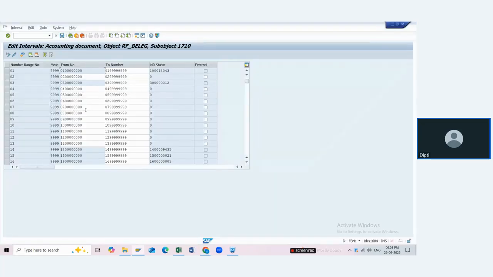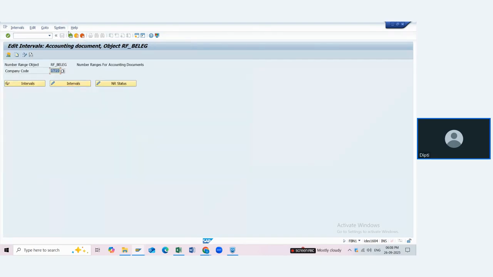Okay, so here we can already have the number ranges. So what we can do, we can prefer to have it year specific and we can copy. Yesterday I showed you how to copy the number range. I already have the number range created for my company code for the fiscal year 2024 as well as 25. What we have done is first taken it from another company code for the year 1999 into our company code, right? It is already created now for the year 1999.